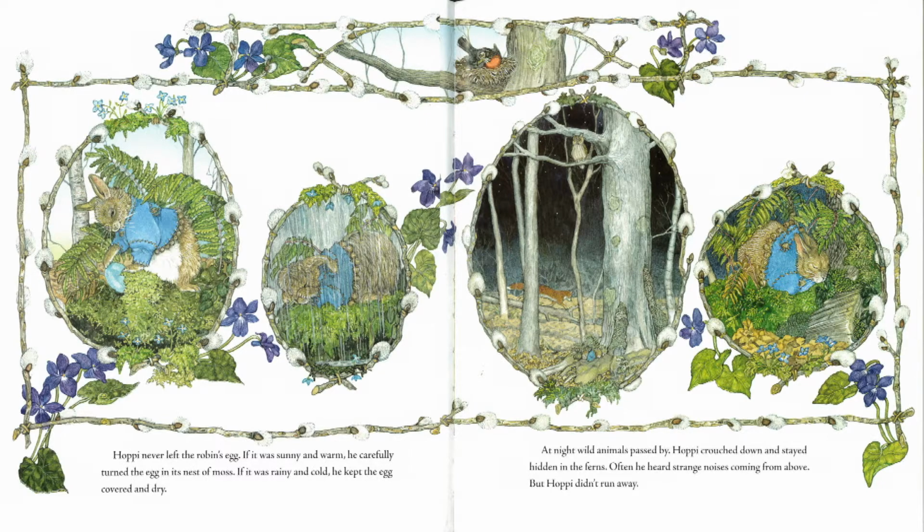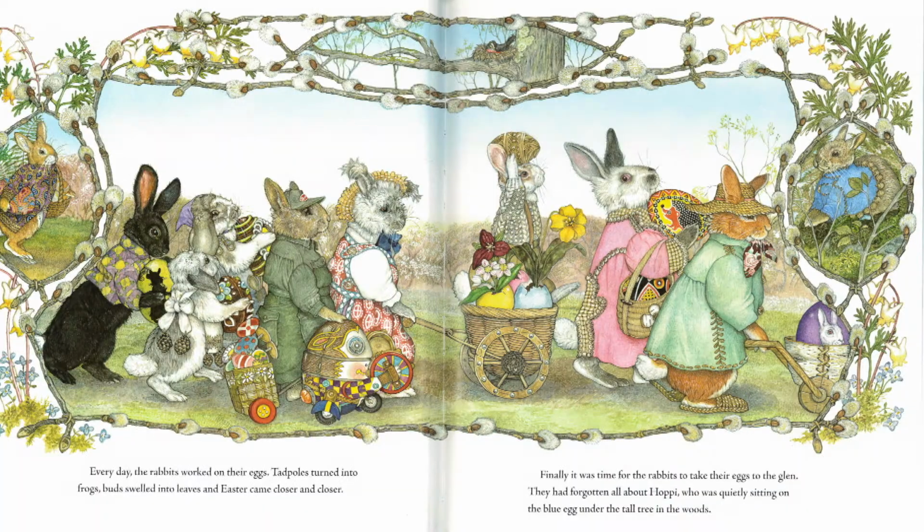Often he heard strange noises coming from above, but Hoppy didn't run away. Every day the rabbits worked on their eggs. Tadpoles turned into frogs, buds swelled into leaves, and Easter came closer and closer. Finally, it was time for the rabbits to take their eggs to the glen. They had forgotten all about Hoppy, who was quietly sitting on the blue egg under the tall trees in the